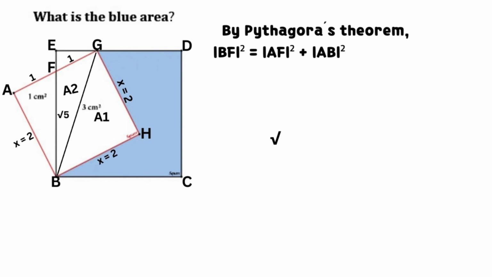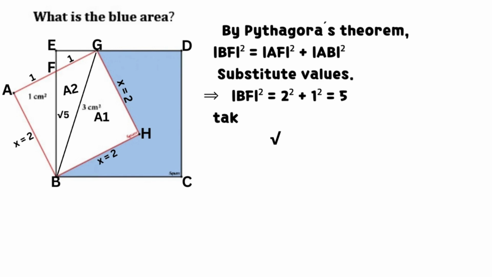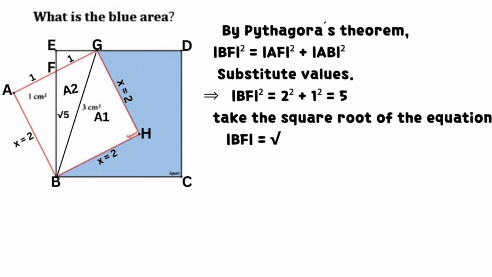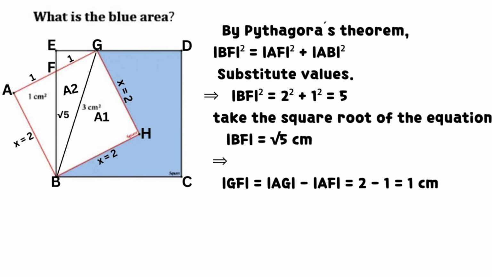By Pythagoras' theorem, the square of line BF equals the sum of the square of line AF and the square of line AB. Substitute values. It follows that the square of line BF equals the sum of the square of 2 and the square of 1, which equals 5. Take the square root of the equation. Line BF equals the square root of 5 in centimeters. It implies that line GF equals line AG minus line AF, which equals 1 centimeter. After simplification of values,